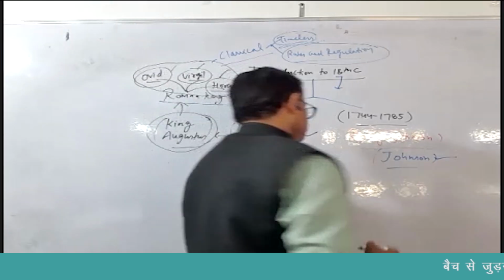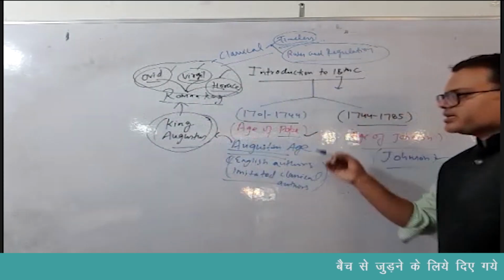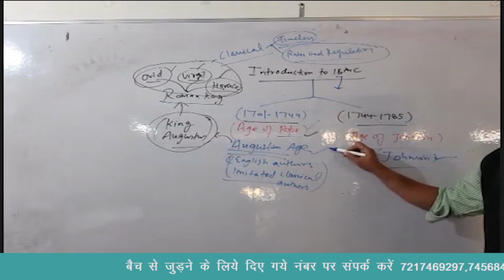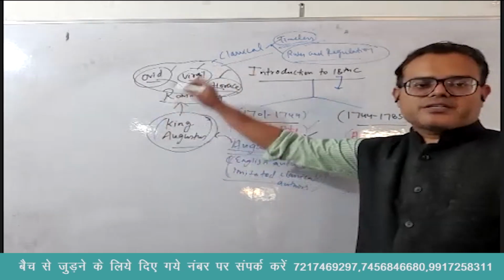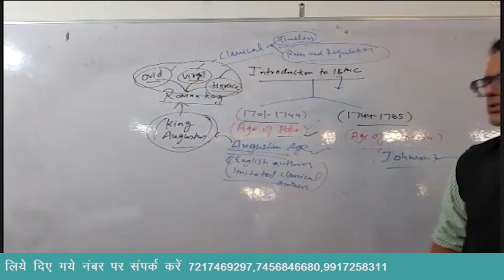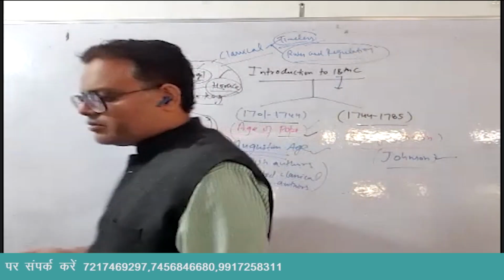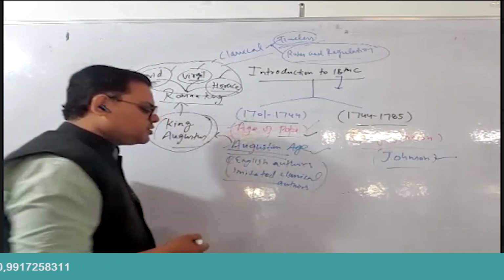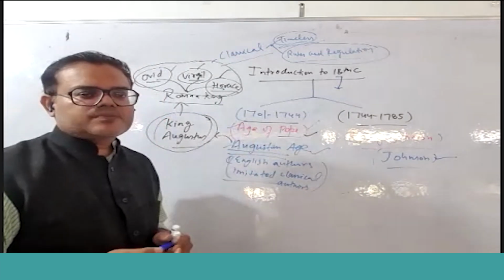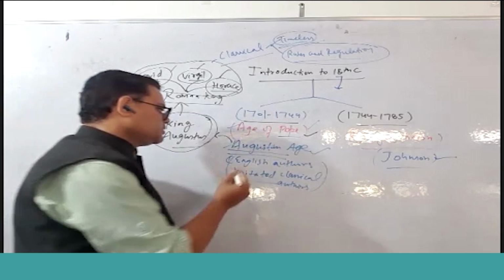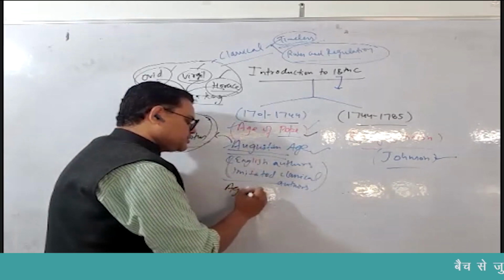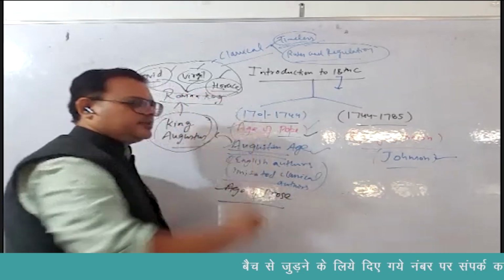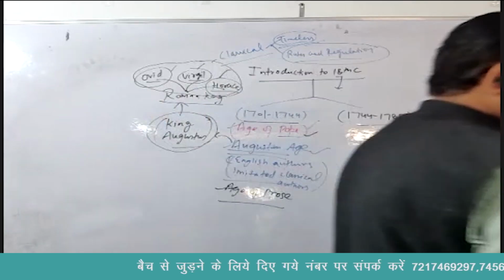All right. So the first half of the 18th century is called the Age of Pope. It's called the Augustan age. I have given you a brief explanation of why it was called the Augustan age. Now, the third name of this first half of the 18th century was Age of Prose, because prose mainly developed in this age. Very important. So this is the third name that we give to this age.